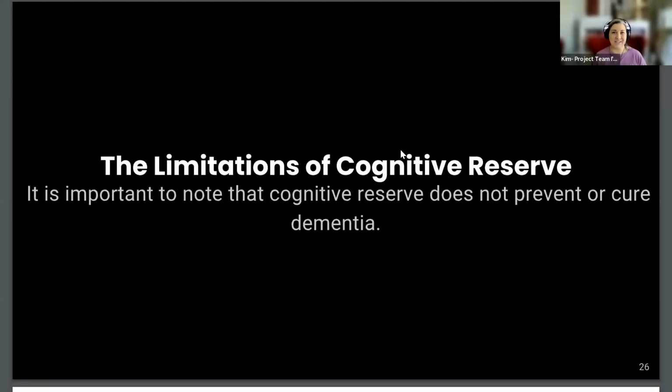So, the limitations of cognitive reserve. It is important to note, as I mentioned, that cognitive reserve does not prevent or cure dementia. It does offer some protection. As the disease advances, the brain's compensatory ability may eventually be overwhelmed, resulting in more significant cognitive changes. So cognitive reserve enhances the brain's ability to reorganize and adapt in the face of brain damage caused by dementia-related diseases, and this process of neural compensation